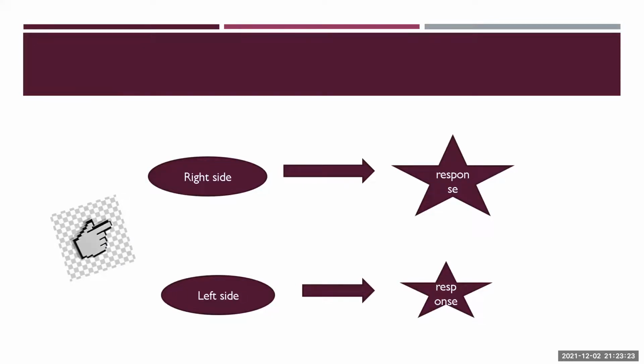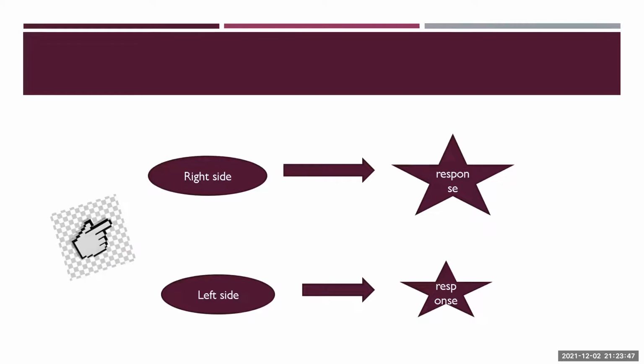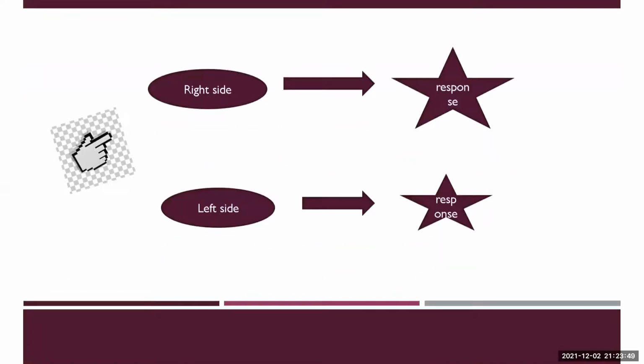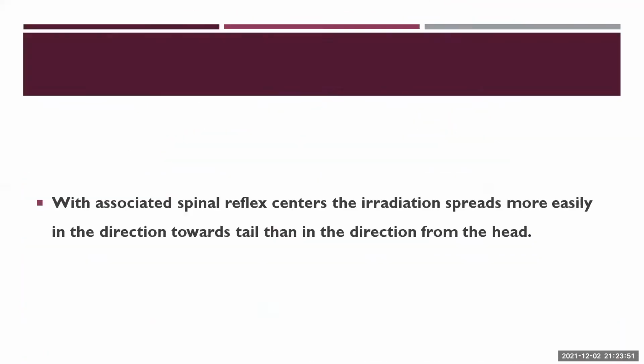So for example, he has given that in the case of a cat, if you're giving a stimulus on one part of the face, there will be movement of the whiskers. So he says that the side on which this stimulus is given, that side's movement will be more compared to the other side. That is what he explained in this law. So the next law is with association.